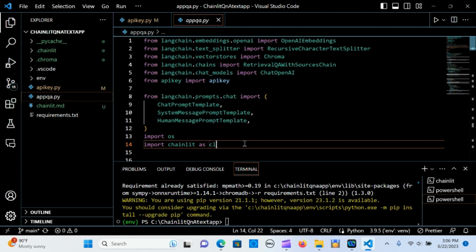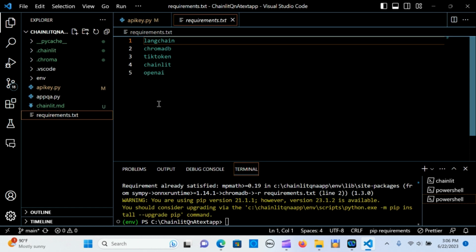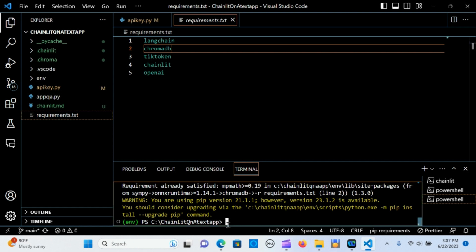When you upload that, the next thing is you should have something like this one. First we install the packages. We install LangChain, ChromaDB to create the vector stores, tiktoken to take care of the tokens, Chainlit, and of course OpenAI for the LLMs. Okay, so in your terminal, you can just type pip